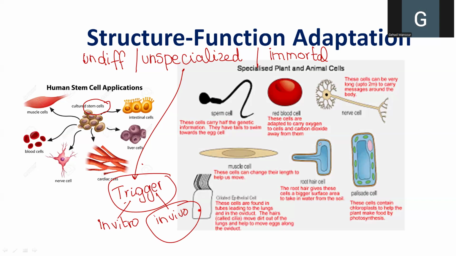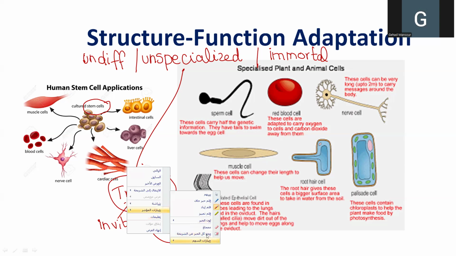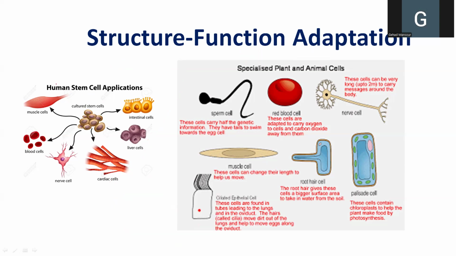Why? Because every organ and the cells of every organ and the fluids around these cells have specific signaling molecules, specific proteins, specific hormones, specific enzymes that will affect these stem cells and help them differentiate into the same type of cells. So stem cells, when they are cultured in a special way, in a particular medium, can differentiate into several types of cells: muscle cells, blood cells, nerve cells, cardiac cells, liver cells, and intestinal cells. So they can actually differentiate into